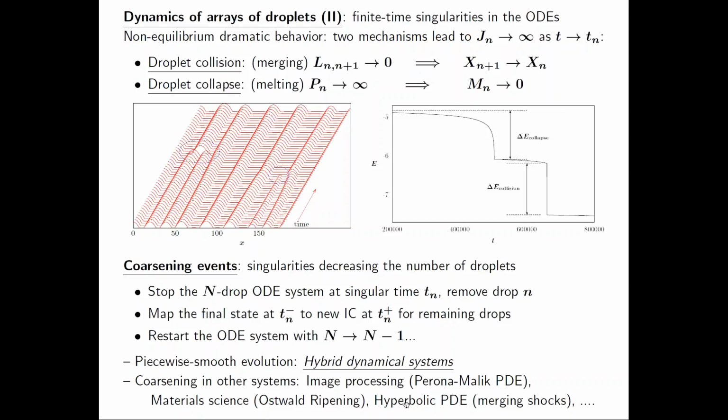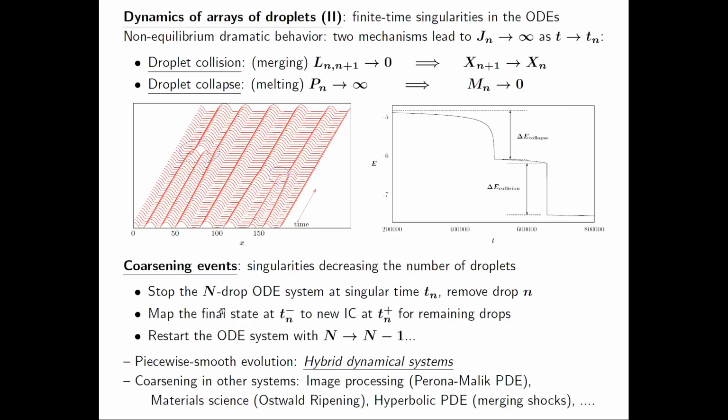So this is actually an example of what's called a hybrid dynamical system, where for long stretches of time you have dynamics given by slowly evolving amplitude equations, and then punctuated at times by dramatic events where you need to stop the system, figure out the final state, and then map that onto a new initial condition that, let's say, conserves the mass and puts a new drop to replace the 2 previous drops at an appropriate position, and then you restart the ODEs again, and this system of reduced number of drops evolves slowly until the next